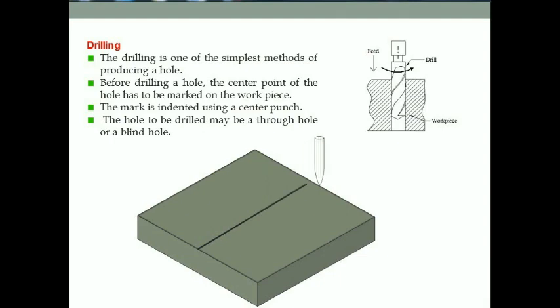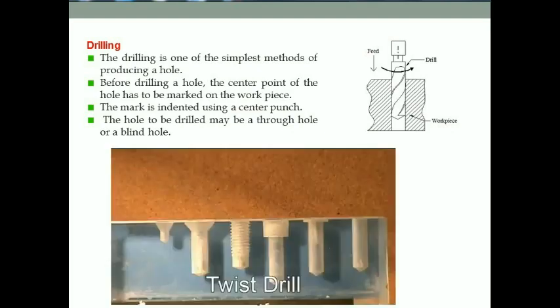Two lines are drawn here. In order to find the intersection between the two lines, which represents the center of the hole, we put a small mark with the help of a center punch, which creates a conical shape there. In that conical shape, we place the tip of the twist drill. Then we create the hole like this. So this is a simple procedure of creating a hole in a workpiece using the twist drill. The operation is called drilling operation. Let's now look at a small video of this.